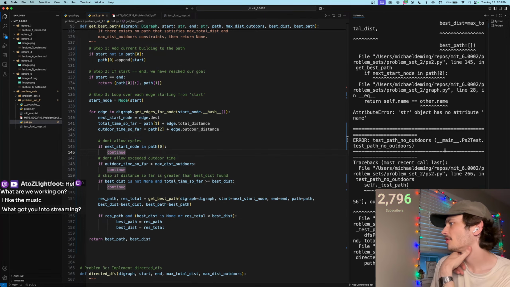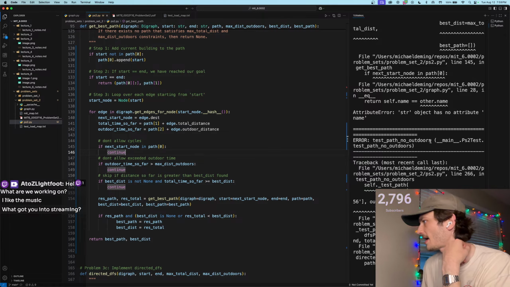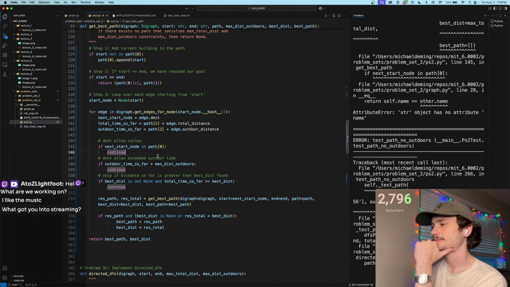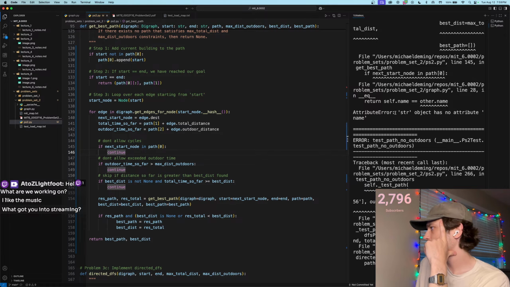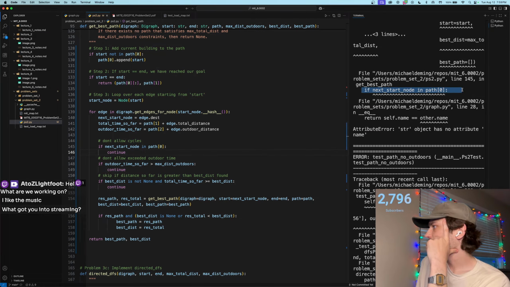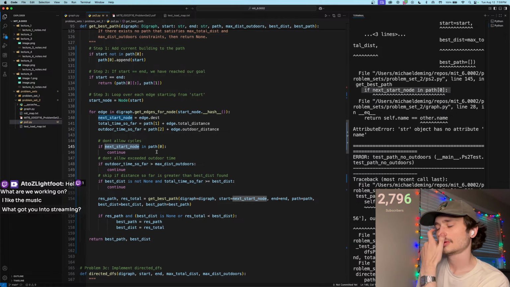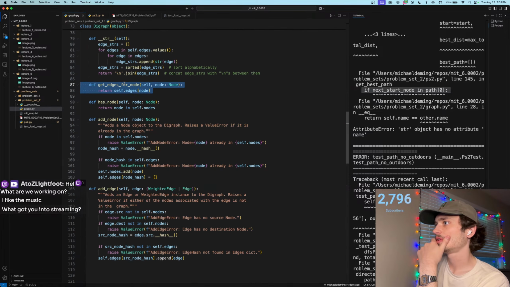The stir object has an attribute name. Stir object has no attribute name when we try to do this. If next start node in path index 0. So stir object, which is this, next start node. Okay, so then we have to say